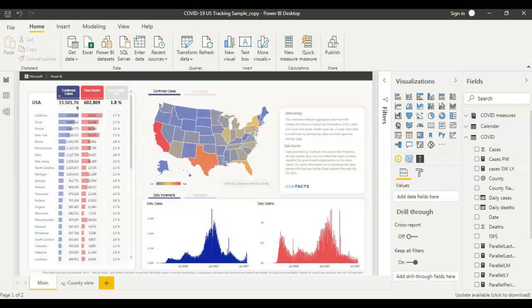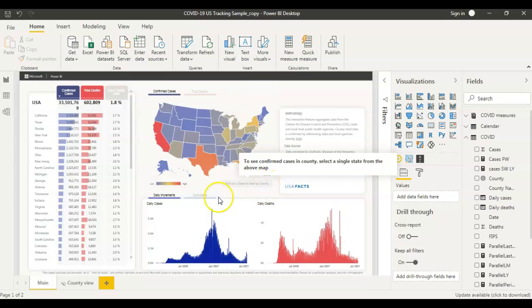In today's video, we are going to learn how to sync slicers in Power BI report. So what does sync slicers mean? In some reports, there might be multiple pages and all those pages might have a common slicer. So instead of creating that slicer in each of the pages, we create it in one main page and use the same slicer and sync the same slicer in all the pages. So that's what we are going to do today. And now let's see how to do that in Power BI. Without any delay, let's get started.